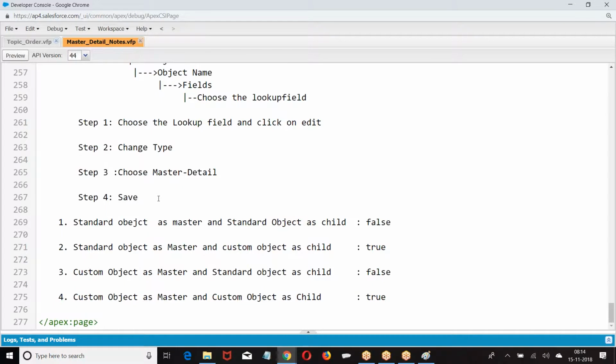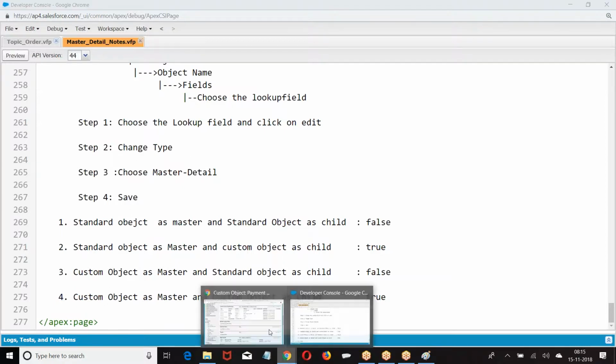Now, who is your reporting manager? Who is your regional manager? Who is your zonal manager? Who is your point of contact? What was that? User to user. User to user is called hierarchical relation. Hierarchical relation can be created only on user object. It is a one-to-one, user to user relation.